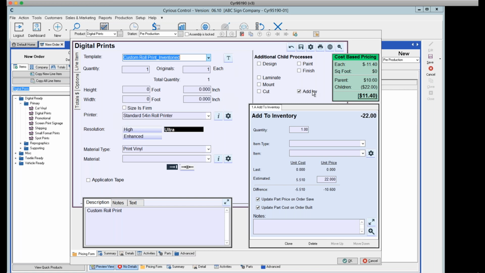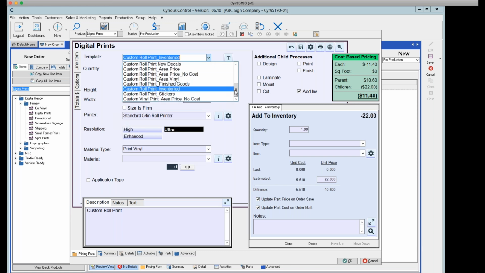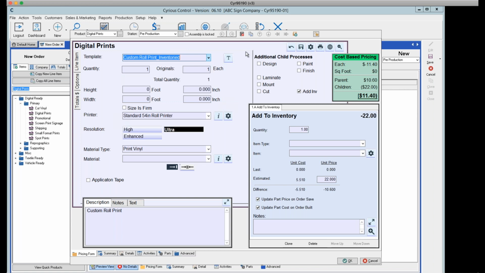Then there are several other templates that over time I have created. And the one that we're going to be looking at is related to some stickers we're going to produce. So the steps to do that is I open the digital product,